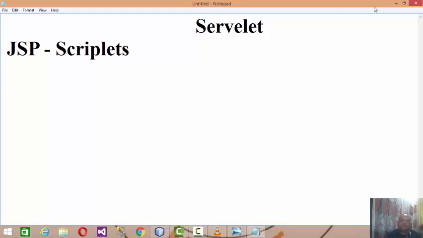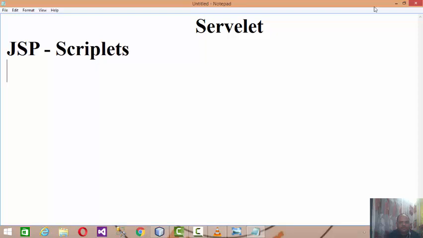But in case of Servlet, having its own container, Servlet having its own life cycle, and one can say that we are embedding HTML in Java.